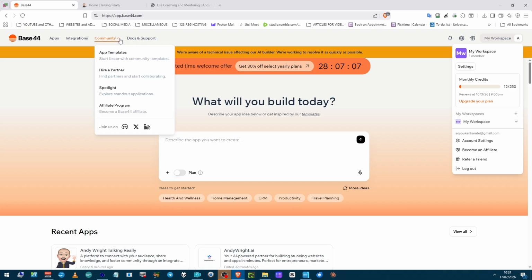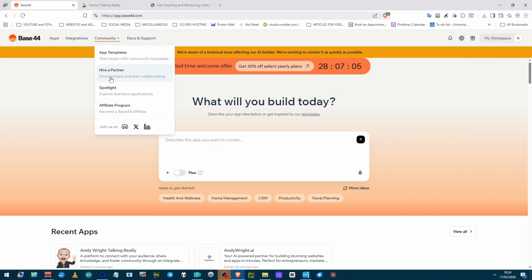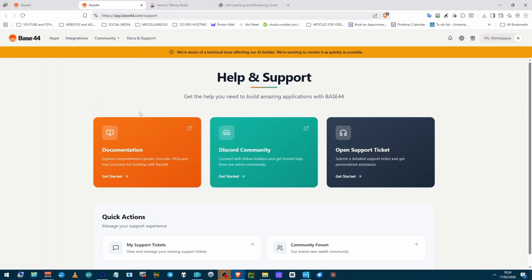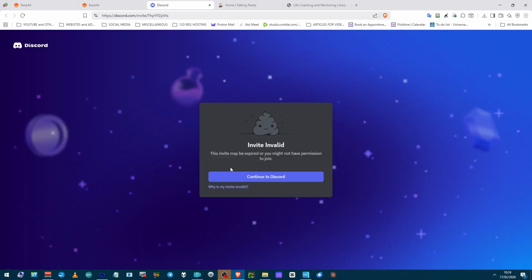There's some help. So if you go onto here, there is documentation, you can read it. I've read some of it. There's a Discord community which I can't sign into because it won't let me. I signed up for it and then it keeps on saying invite invalid.